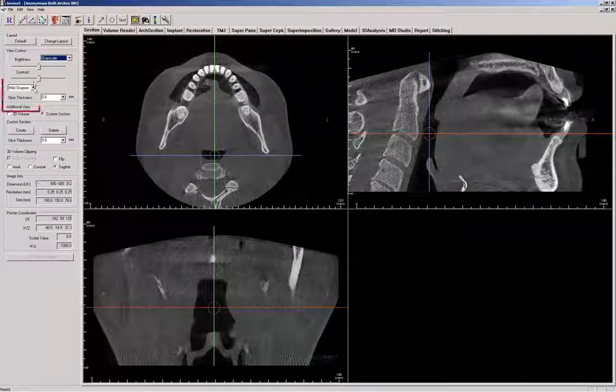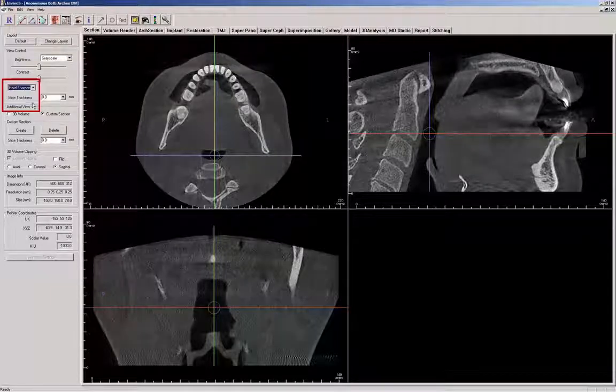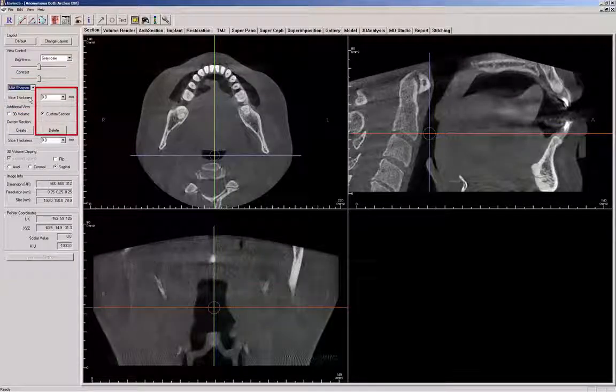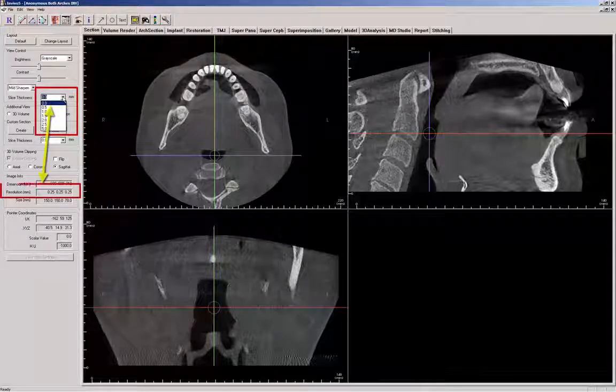Directly below View Control, you may enhance visibility by applying a sharpness filter to the 2D slice renderers by clicking on the drop-down. Next, you may change the thickness of each slice within the view windows. This tool uses the previously discussed ray sum when reconstructing the 3D image along each 2D orthogonal plane. The 0.0 setting is actually the thickness of the selected voxel when the image is captured. For this particular scan, it would be 0.25 millimeters as shown in the resolution window of the image info screen